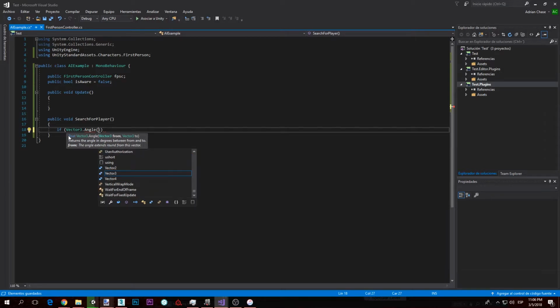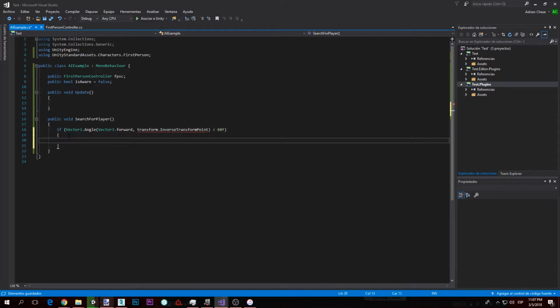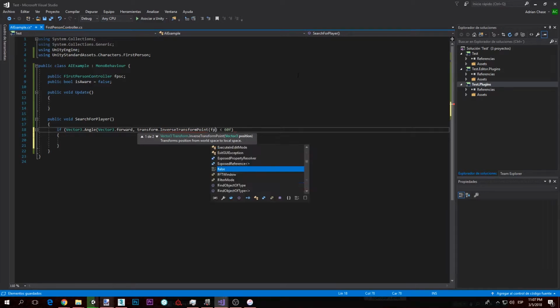Now I believe it would be vector3 dot forward, and the next one would be transform dot inverse transform point, I believe. Transforms position from world space to local space. Yeah, I believe this is the one we need. Is smaller than 60 F. Yeah, that should be the inverse transform point, and we have to pass in the position, which would be FPSC